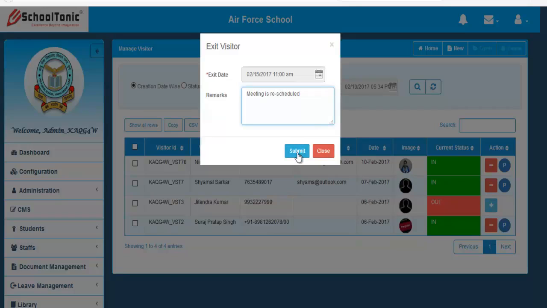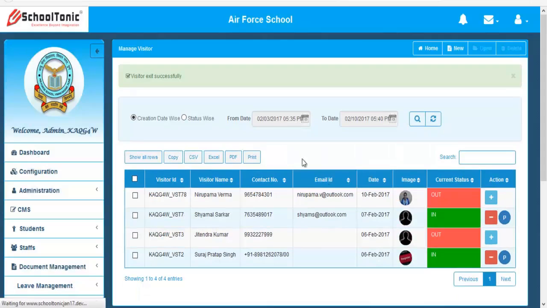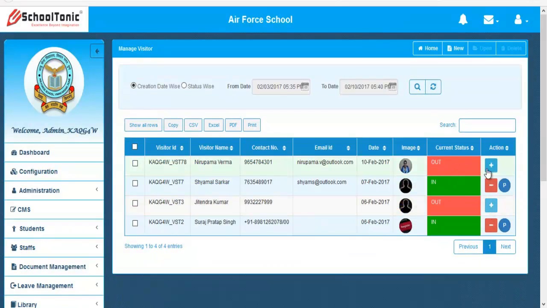Alright, then click on submit. Then the visitor gets checked out. Alright, you can check the status of the visitor, and you can make modifications of the visitor's detail again,